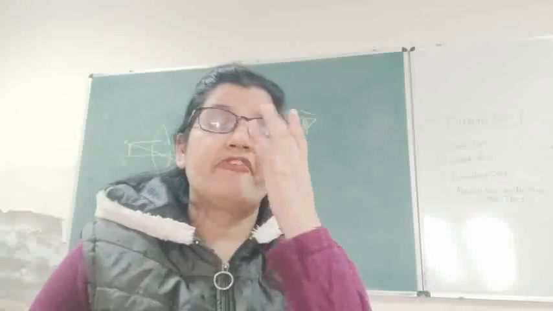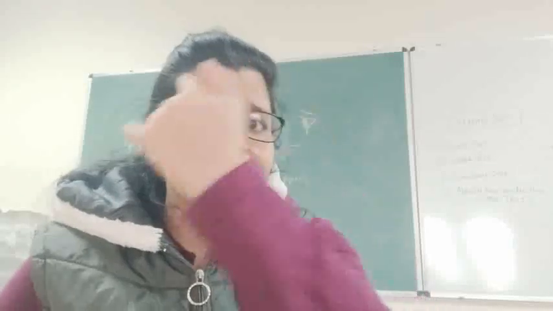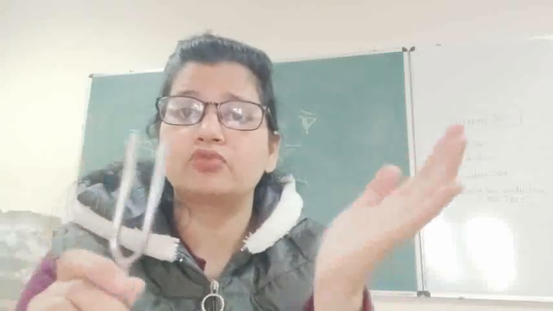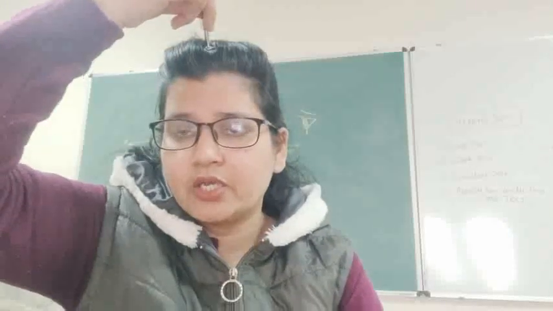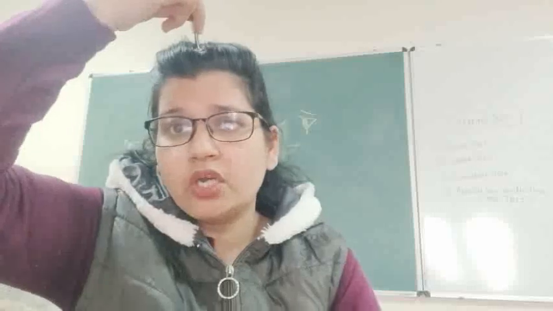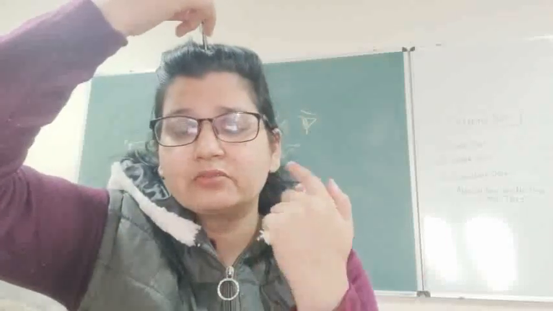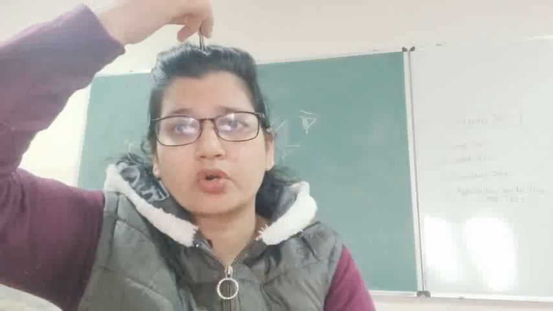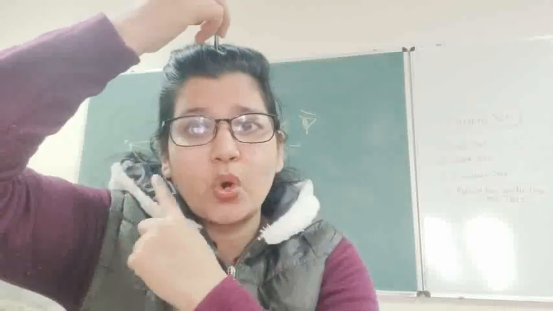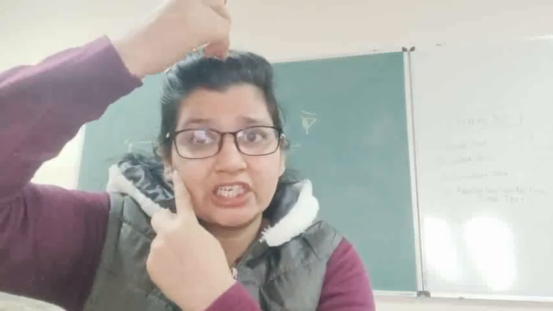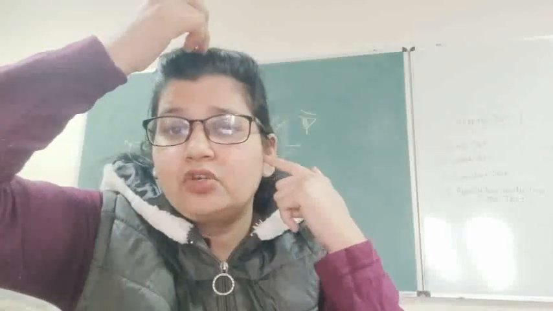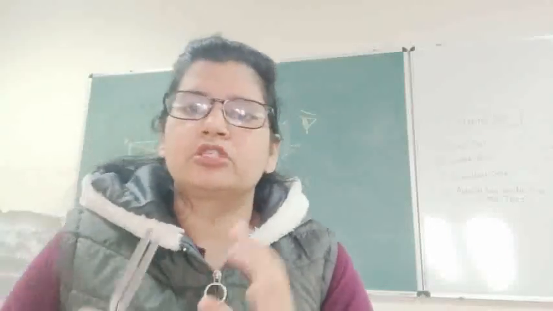Next test is Weber's test. Weber's test is for lateralization of sound. So how to perform this test? You again make the fork vibrate and place it at the center of the forehead. You can place it here as well. Then you see whether the sound is heard on both ears, both sides, equally or not. If it's lateralized to one side, that means either the same side has conductive loss or the other side has some neural damage. We'll discuss this later on. Okay, so this is Weber's test.